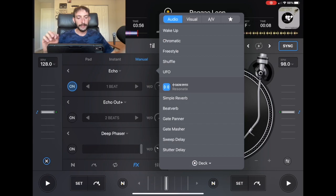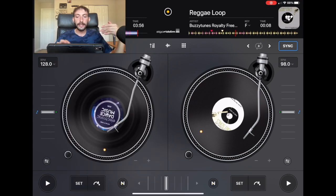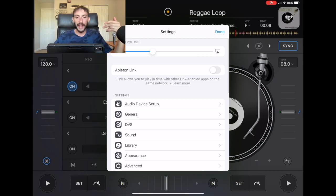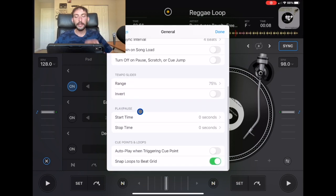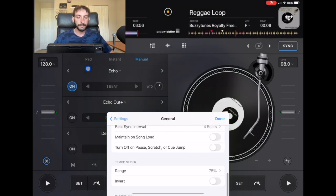But now I'm going to show you another way how to do this effect, how to do this transition, and it will work if you're not using DjayPro, if you're using a different software, because I think every software offers this. But we're just going to go over here, the general, and then down here it's the start time and stop time. So this is how long it takes for the song to get going, or how long it takes for the song to end. So right now I have it at 0. So if you're playing a song,